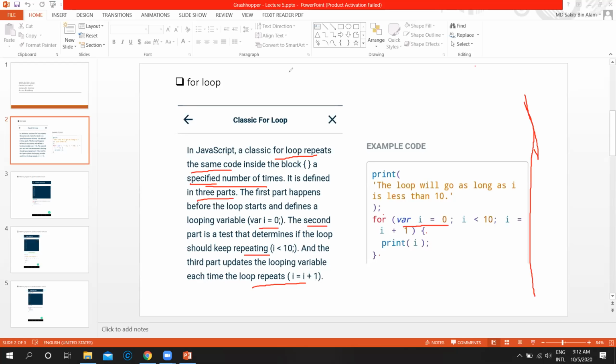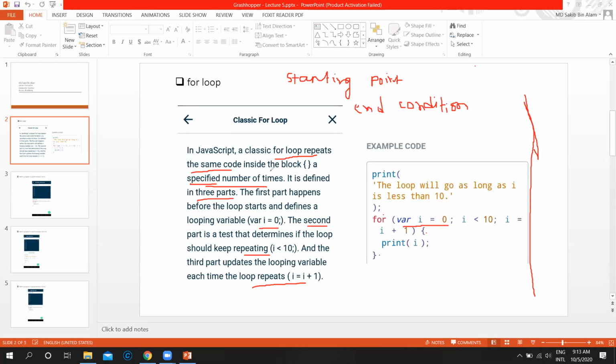So our loop will have some starting point, a starting point, and there will be some condition that is called ending condition. I'm just writing end condition. So there will be a starting point, there will be a condition, and there will be a,